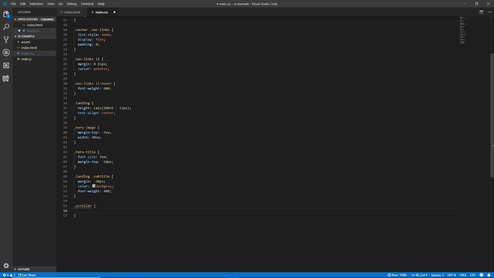But for this item, I don't think we need to set any relative items, because it's going to use the first thing that it finds that's relative. So what I mean by that is it's going to keep looking at the parent element until it reaches the end. So I'm just going to set a position absolute, and then make sure from the bottom it's 50 pixels. And then if we have a look at that,